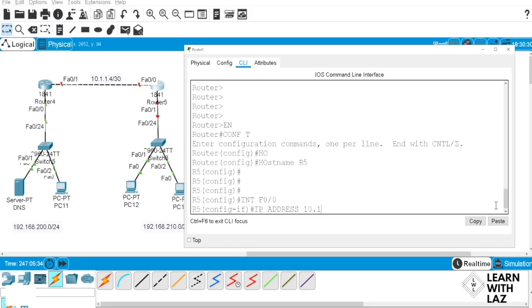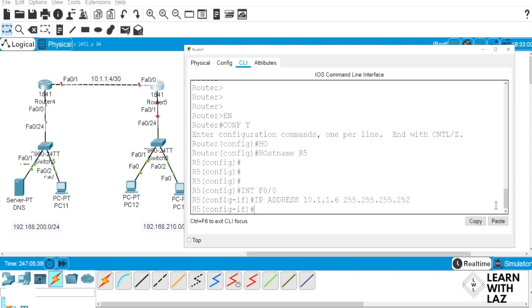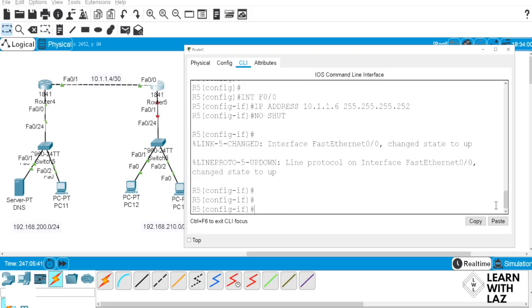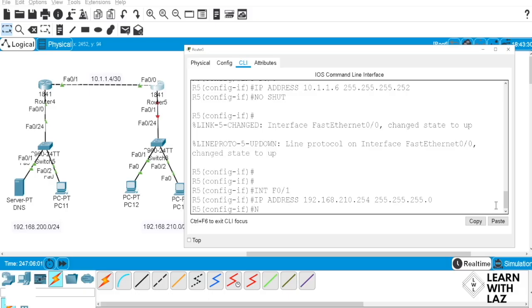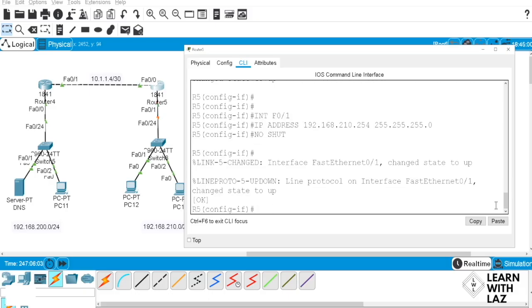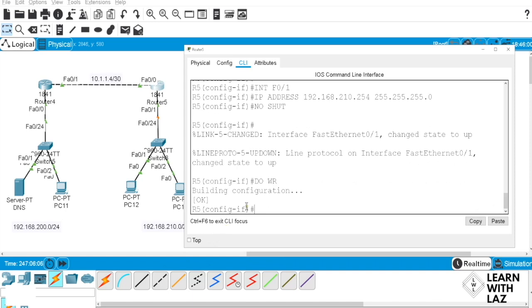All right. 10.1.1.6, 255.255.255.252. No shut. Cool, turned green. Awesome. Interface F0/1. IP address 192.168.210, sorry, 210.254, 255.255.255.0. No shut. Do WR. Cool. All right. Now we've got IP addressing, but